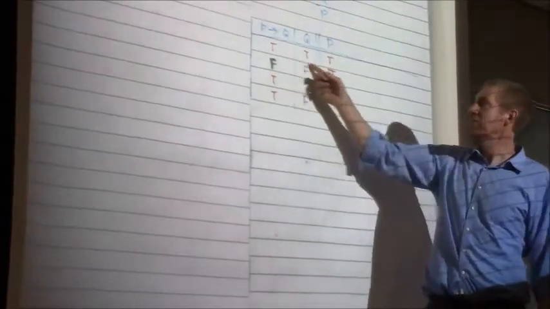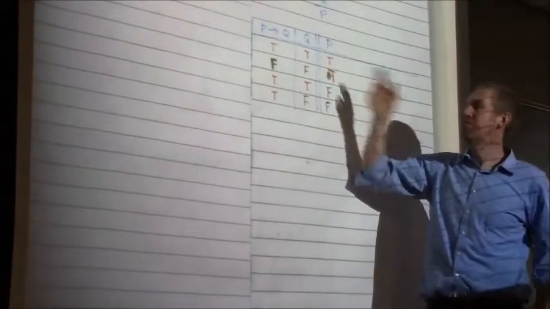But let's go back to row 1 for a second. Here's the reason why that row does not prove that it's a valid argument. Because remember, the definition of validity is not that the premises and the conclusion can be true together. It's that the premises guarantee the conclusion. So why doesn't this show that the premises guarantee the conclusion? Well, think of this